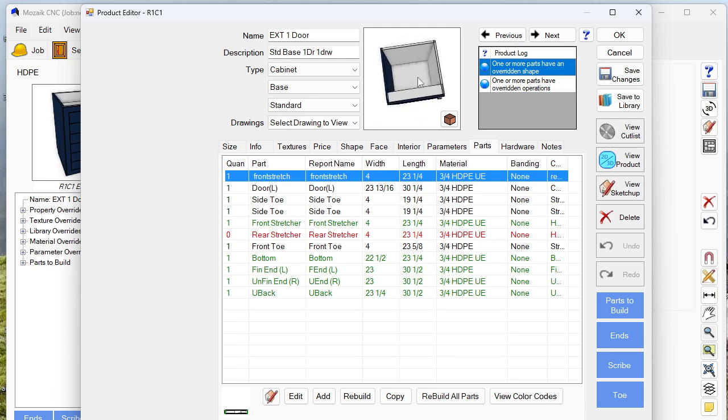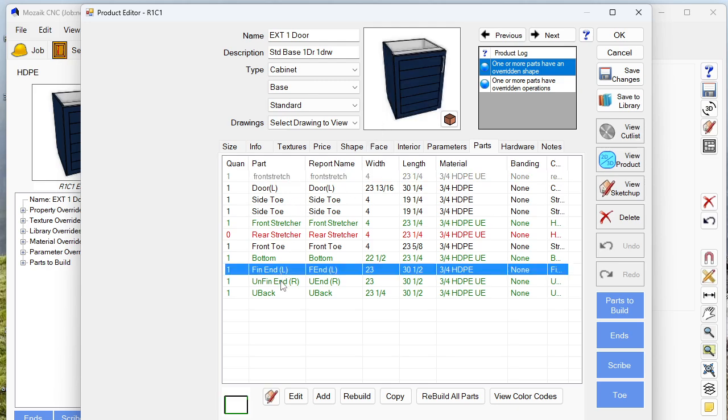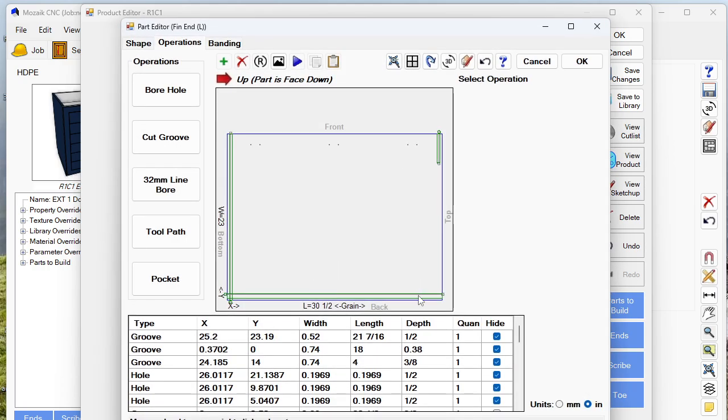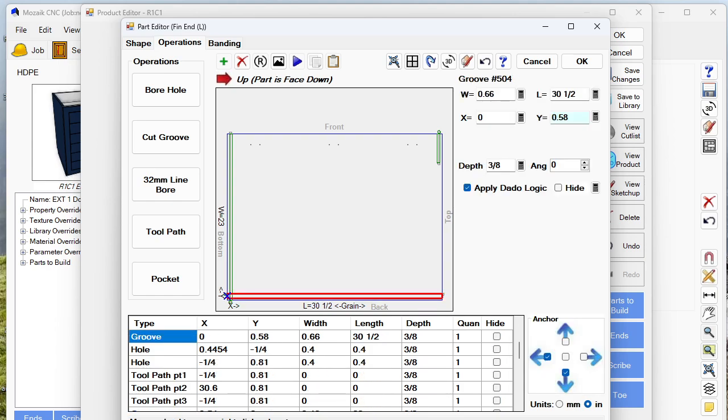Now, the left and right panels get grooves on the sides of them so that the back panel can slide into them using that lock joint, which we will show you in person. That construction is going to be seen on any left or right panel that you click on. When you click on edit, then operations, you're going to see the operation for